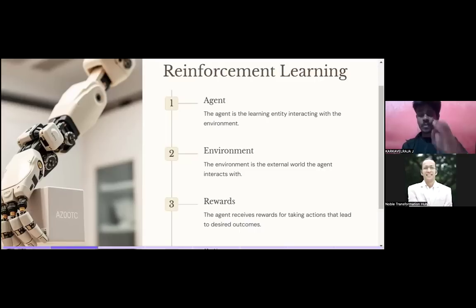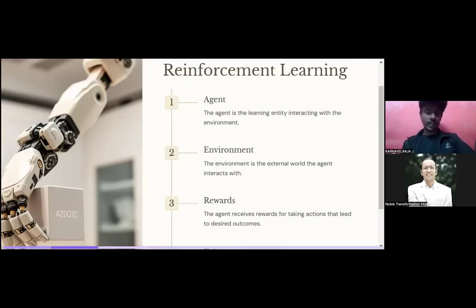Let me explain again using the same Super Mario game. What is the agent in the Super Mario game? The Super Mario character is the agent. The entire game world is called the environment, and the reward comes whenever it performs an action, right? Jump, left, right, it's going to break the brick. If it is a coin, it's going to be a positive reward. If it is a tortoise, it's going to be a negative reward, because if it falls on the Super Mario character, its life will be reduced, right? So that is what is called rewards. Positive and negative rewards.